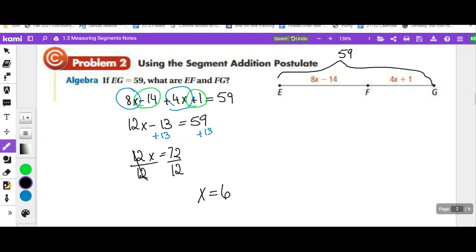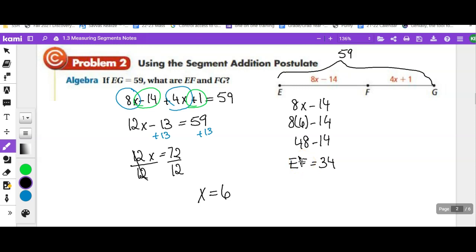Am I finished? No, I am not. So now I want to find EF. So EF is 8x minus 14. I'm going to plug in my 6. So I have 8 times 6 minus 14. 6 times 8 is 48. Minus 14. So EF is equal to